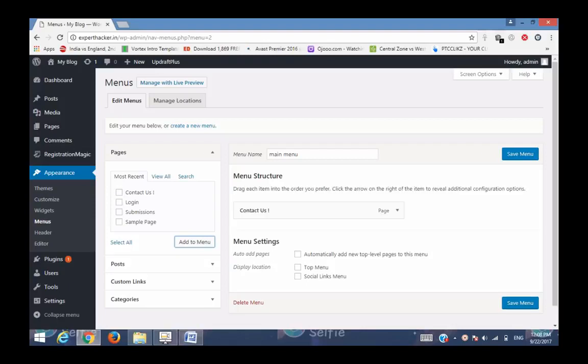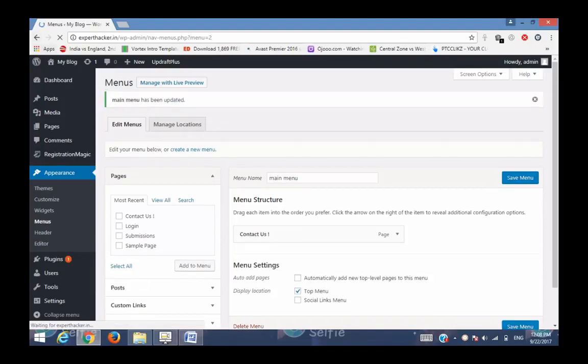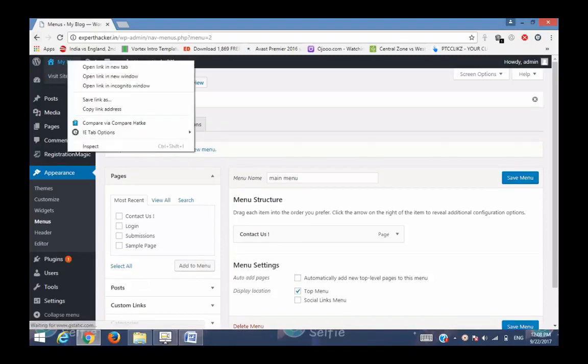You can see here a Contact Us form. Click on it, check Top Menu here and Save Menu. Now I'm going to open my website to see the effect.